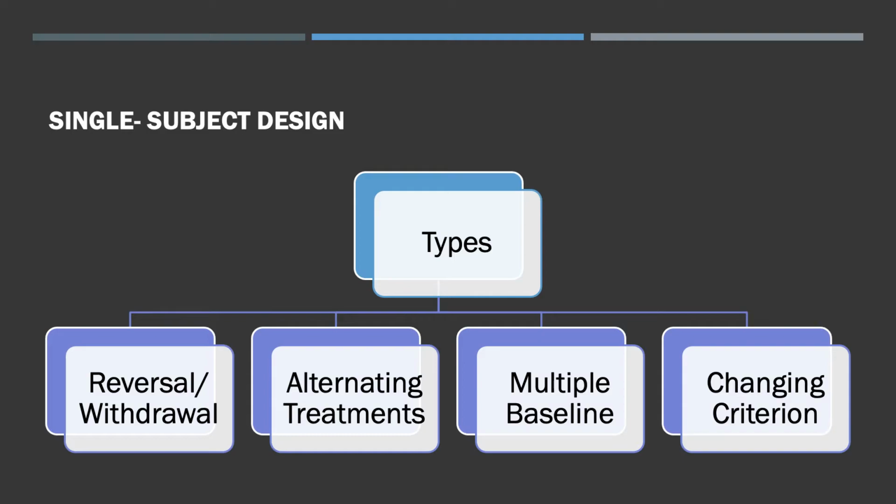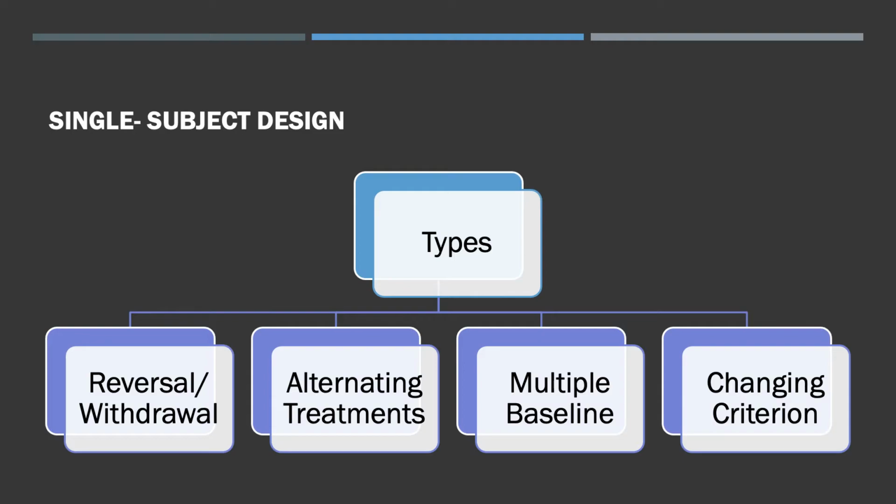With changing criterion design, this is a design that's often used with behaviors that are already in a person's repertoire. We're looking to either increase or decrease the rate that those behaviors might be occurring. So in doing so, again, we achieve a stable baseline. And then once we have done so, we change the criteria of what the responding should be for that behavior. And as we continue to see the behavior adapt, if you will, to the changing criterion, we continue to change